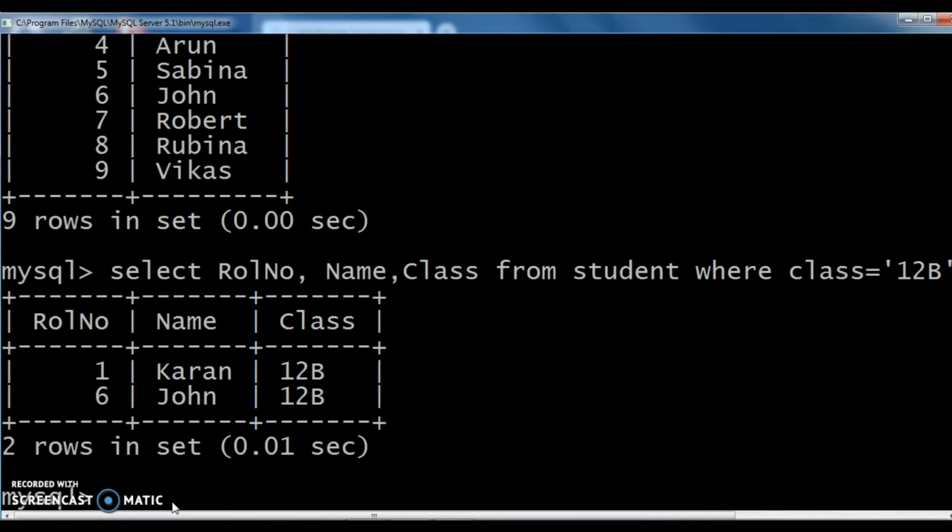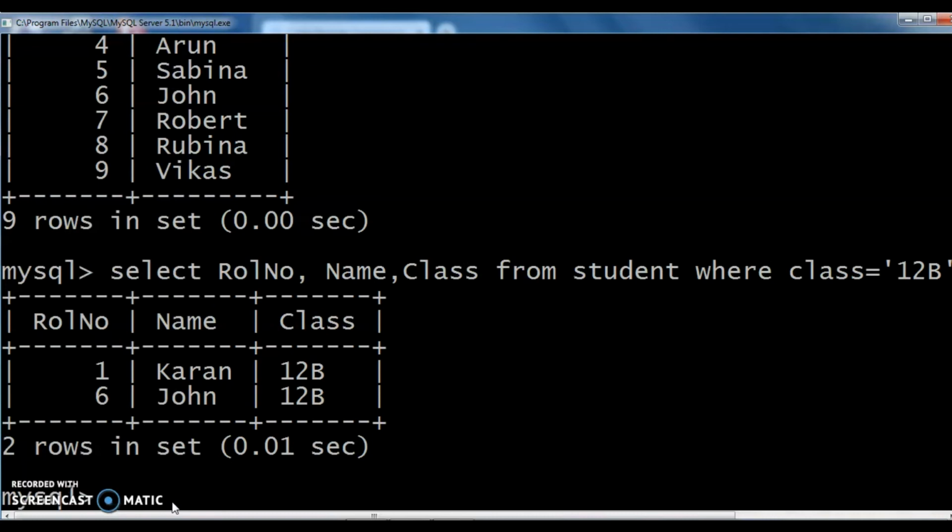Roll number, name, class. I specified after the select clause roll number, name, class, or we can use star. That means only 3 columns are there. Instead of these 3 column names, we can specify the star. Select star from student where class is equal to 12b. Which all students are included in this class 12b, those students' details we can see.